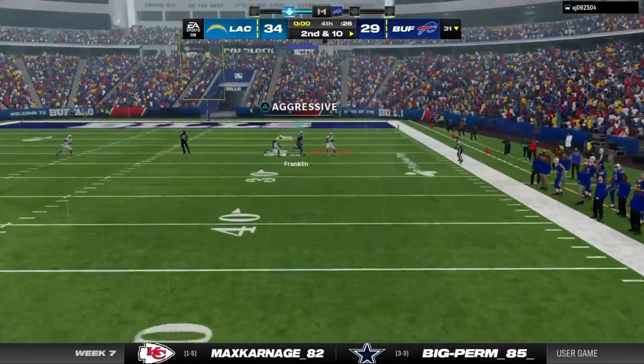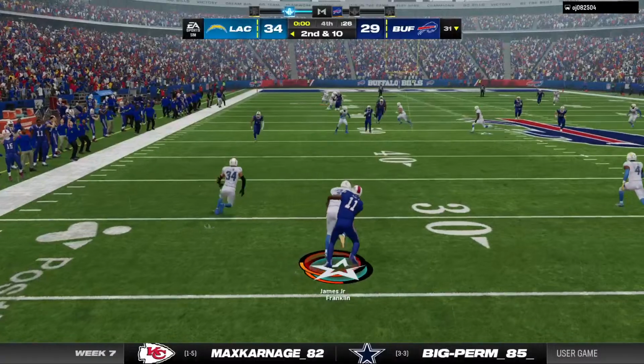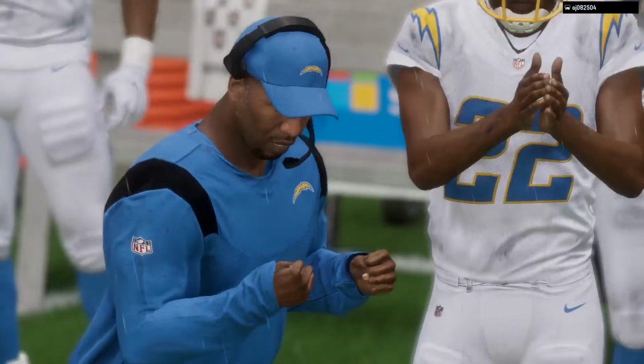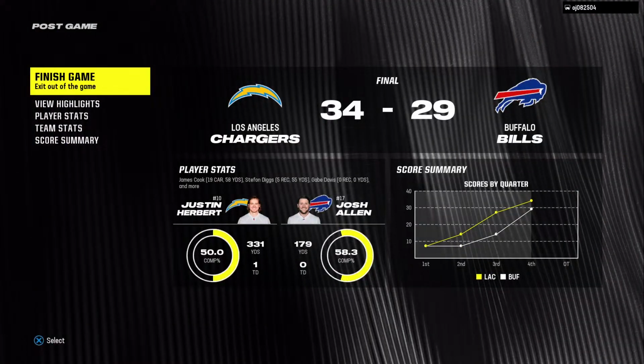He's going to let it fly. This ball intercepted. Derwin James with a pick. And the Chargers are going to hang on the final play. They get the turnover to seal this football game. So this one's